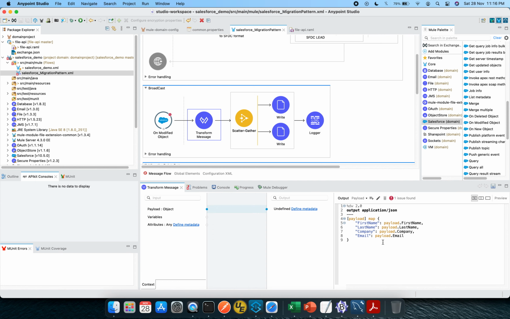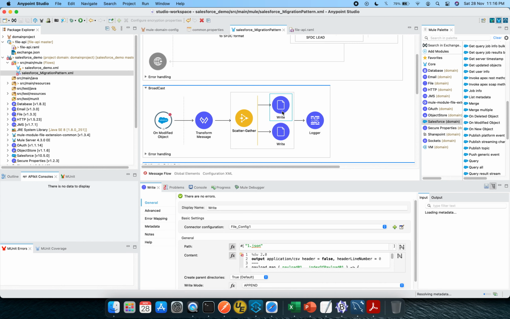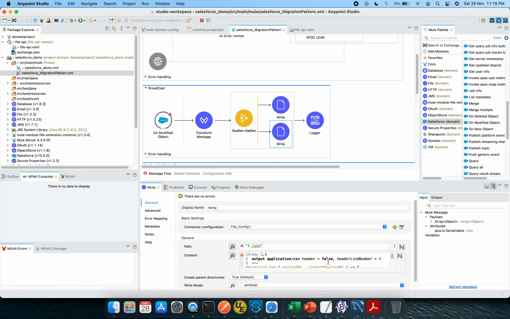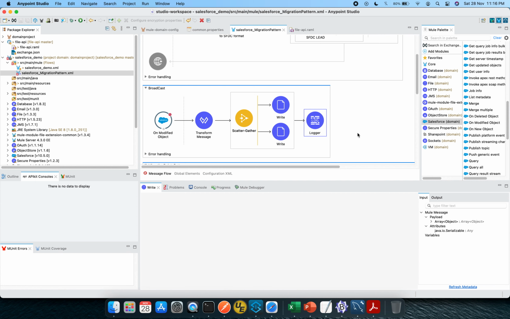and it will create these JSON messages, and after that there is a scatter gather, which is going to put two different files as one.json and two.json, and the content remains the same. So it is going to create files with the first name, last name, and the email in two different JSON files, and finally there is a logger which is going to end it.